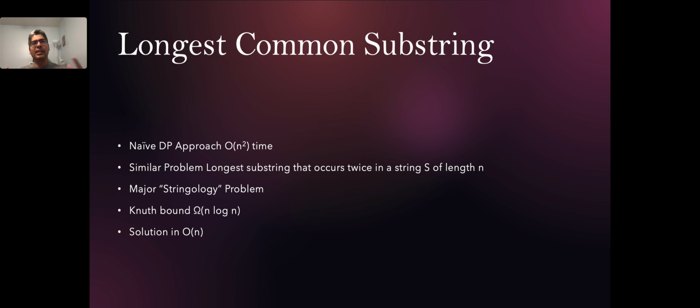So if both are of size n, it would take n square time. A similar problem is the longest substring that occurs twice in the same string of length n, and this kind of string problems